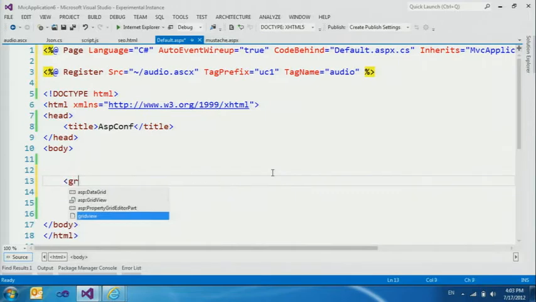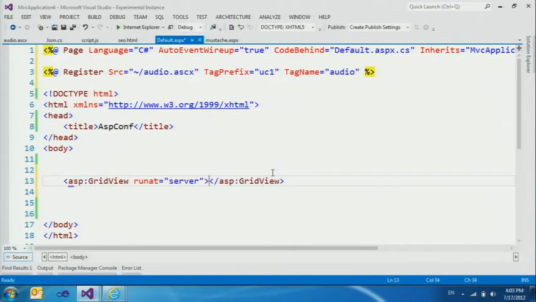Let's build a data grid or grid view. And if I want to do some work on some of the columns or some formatting, what I would have had to do was to go into the design view to actually invoke some of the smart tasks, to pop up the wizards, to add data sources, to do all these things. And they were only available from the designer. But now,